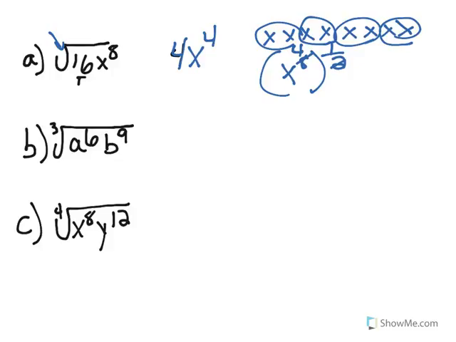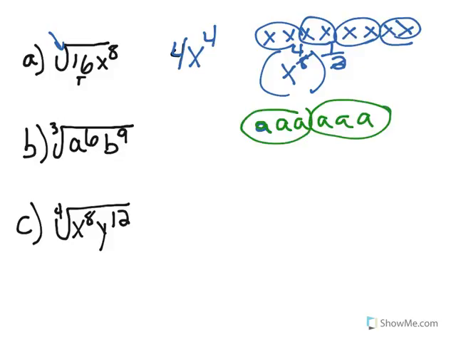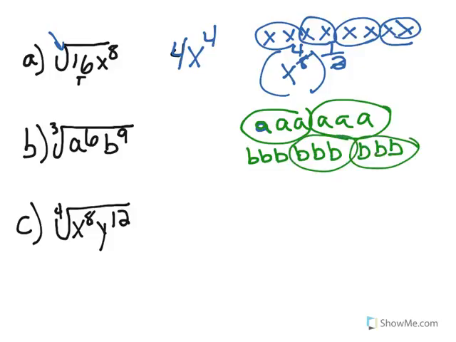b is to the cubed root, so I'm going to simplify this. I'm going to start with my a's, and I have 6 of them. So I'll list out my a's, and I'll group them in 3s, and then I'm going to list out my b's, and there's 9 of those, and I will also group them in 3s. So this simplifies down to